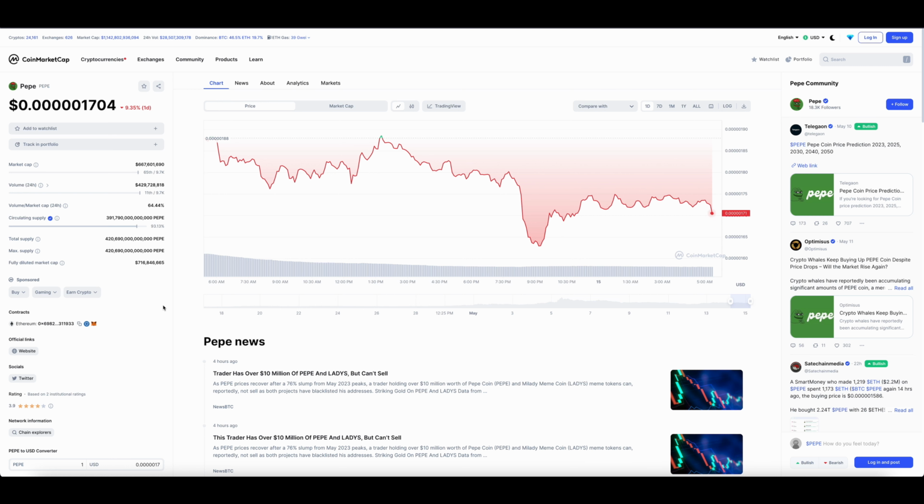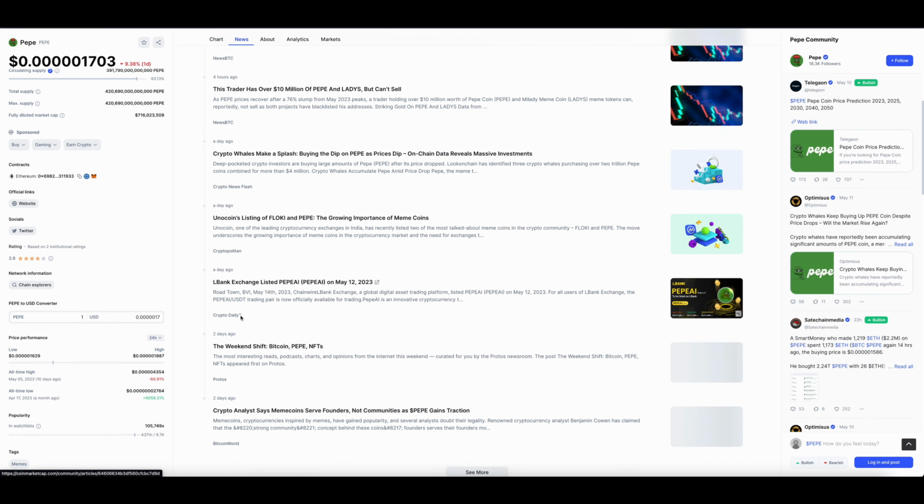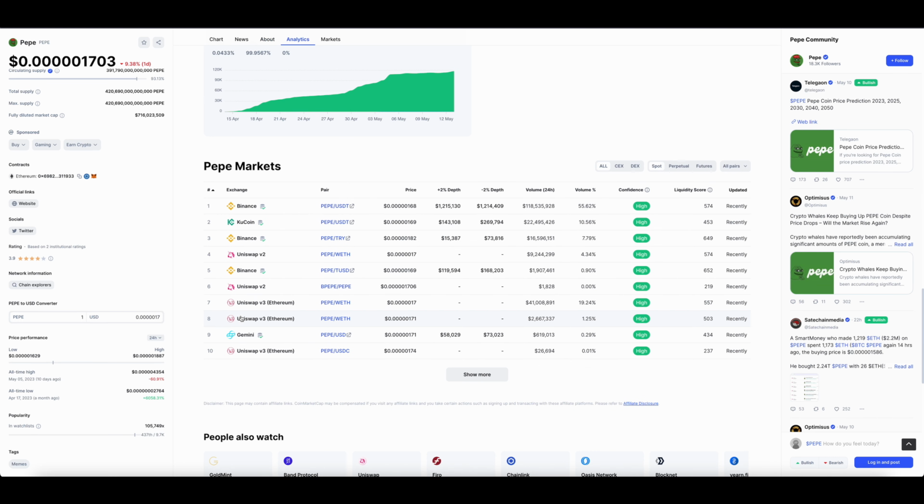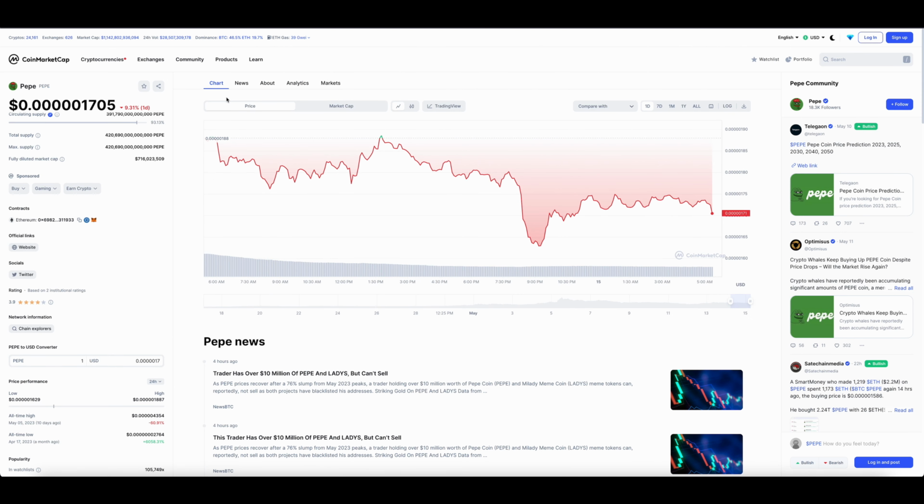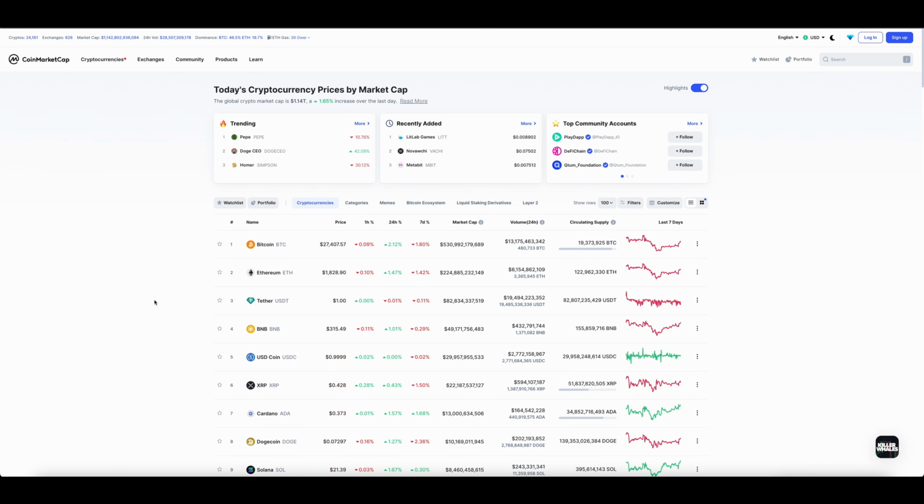Looks like we are down 9.2% in the last day here for PEPE. Here is the PEPE markets here. Binance, KuCoin, Uniswap V2, Uniswap V3, Gemini, and so on. So we'll head back to the homepage here. We will move along from this to back to the